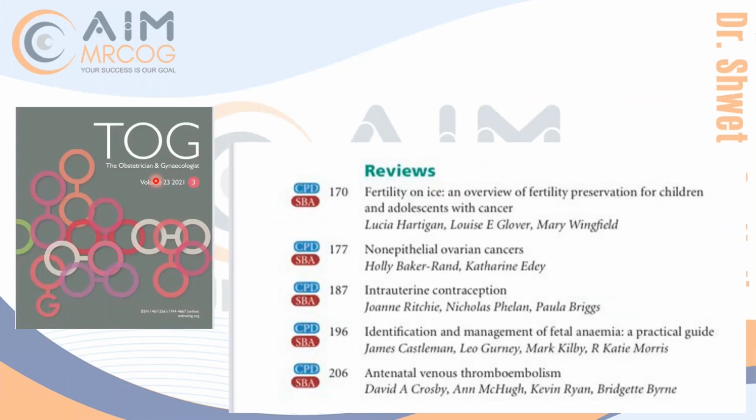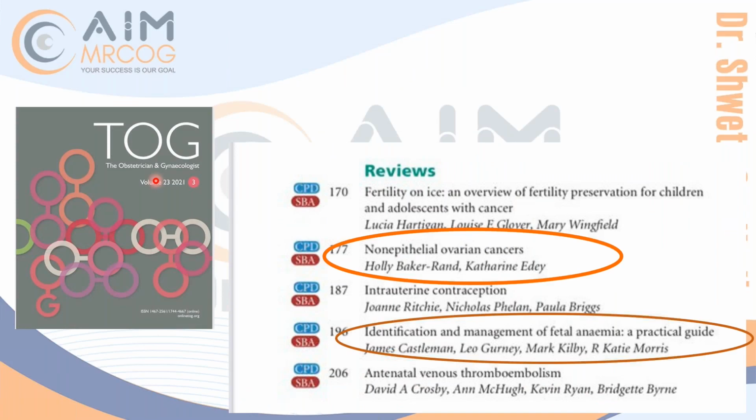The same way for TOG, whatever charts and things they have given in a highlighted way are more important. So this is how you have to read the TOG. Not all: some need only one reading, some need two readings because that is the only source. Like this will need two readings because this is the only source. This needs one reading just to know what is new. And this is a new topic, so you can give it a read. So like that.